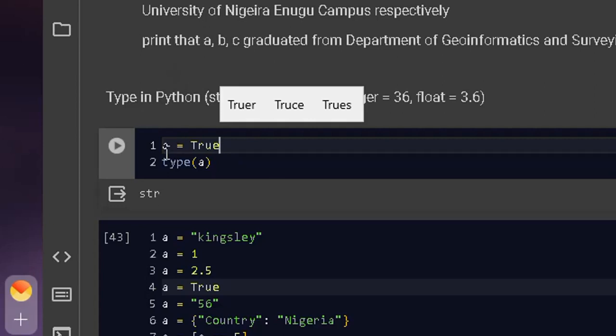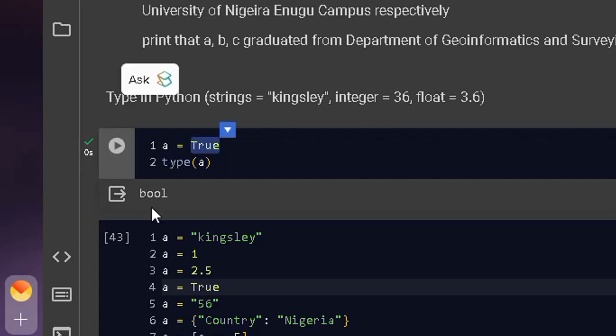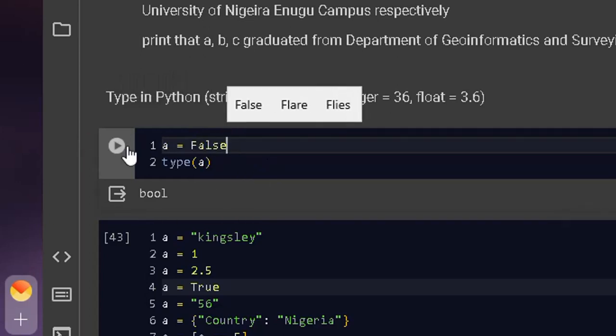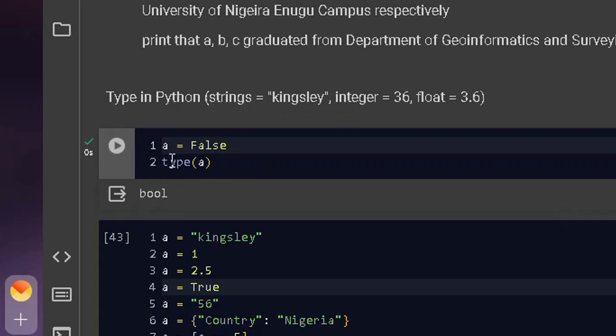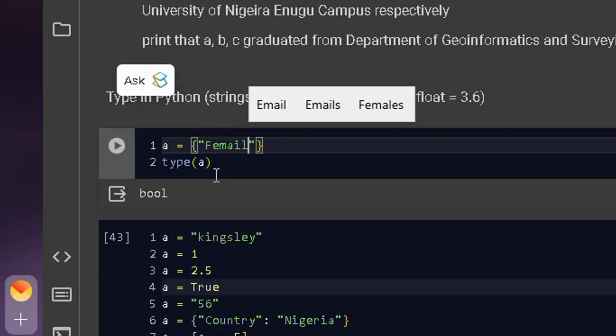Okay, we left school long ago. It's going to be a boolean, that is either true or false, because that is the type of data we have first. We'll be talking about it in GIS soon so that we'll not get confused here, but it's going to be bool. And if you have this type of data, let's take for example, you have this and you have here as female, and then